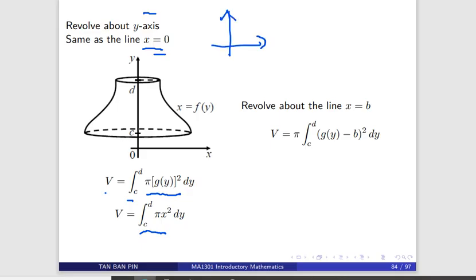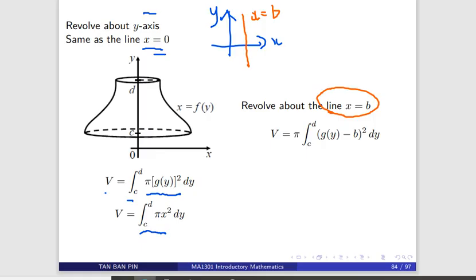You'll find that if you consider a vertical line, the equation is just x equal to a, or x equal to b. It's just a line. So if you revolve about the line x equal to b,